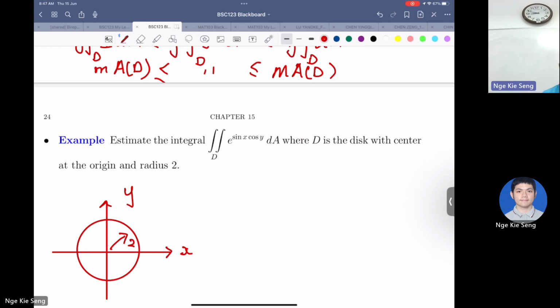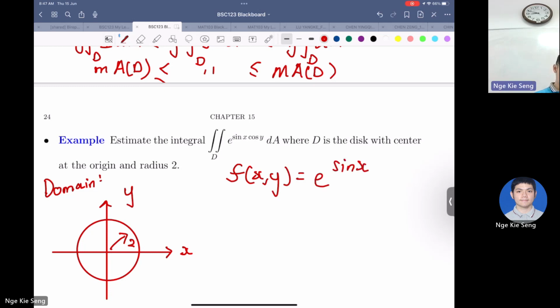So how to estimate this? Just now we said that the integral respects the inequalities. Can we get some sort of inequalities out of this function here? How to bound our function? This is the domain, don't confuse. Our function is